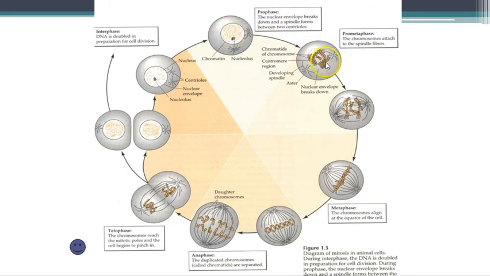Then we move into our prophase where we're condensing, and then, by the way, prophase is actually divided up into 5 smaller phases. You do not have to know that, but if you are doing any reading outside, you may see that, but we're just concerned about prophase as a whole, okay? So they're going to condense, the spindle fibers are going to attach, right, to the centromeres of the chromosomes. In metaphase, they're lining up. In anaphase, they're being pulled apart, right? And then in telophase, you're getting a new nuclear membrane. They're decondensing, and cytokinesis begins at the end of anaphase and then goes through telophase until you have 2 new cells.